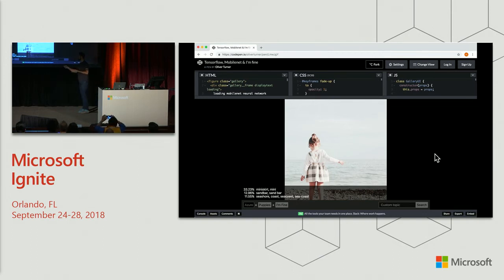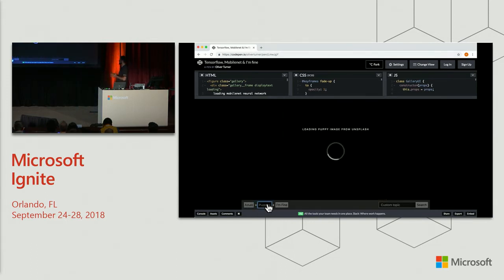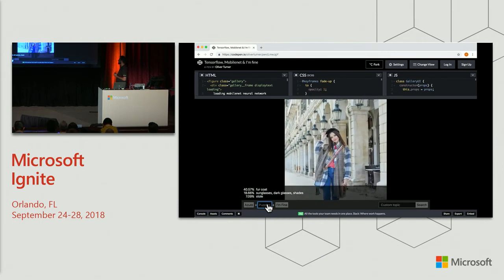What it does is you can pass it images, and it'll actually try and guess what's in the image, right? So here, unfortunately, it's a small child, and it says miniskirt, whatever. Sand, sandbar, seashore. So it's fairly OK in this one. If you search for puppies, it's actually doing an API request to Unsplash and getting that. For some reason, puppies returns, it's not even a fur coat, to be honest with you.